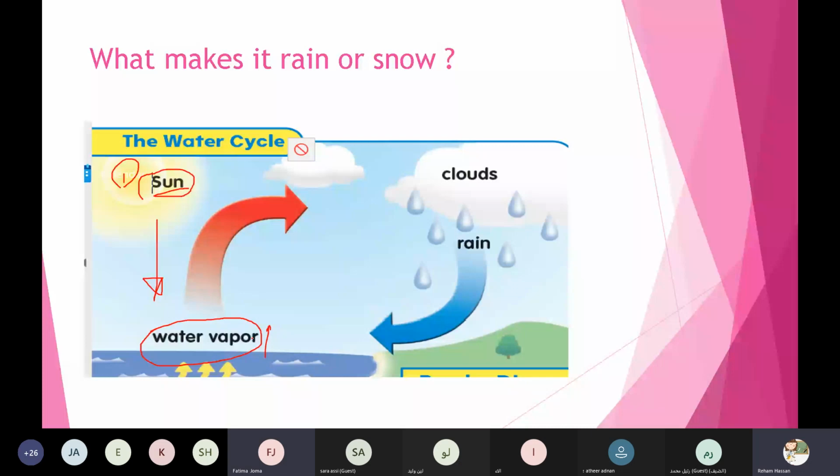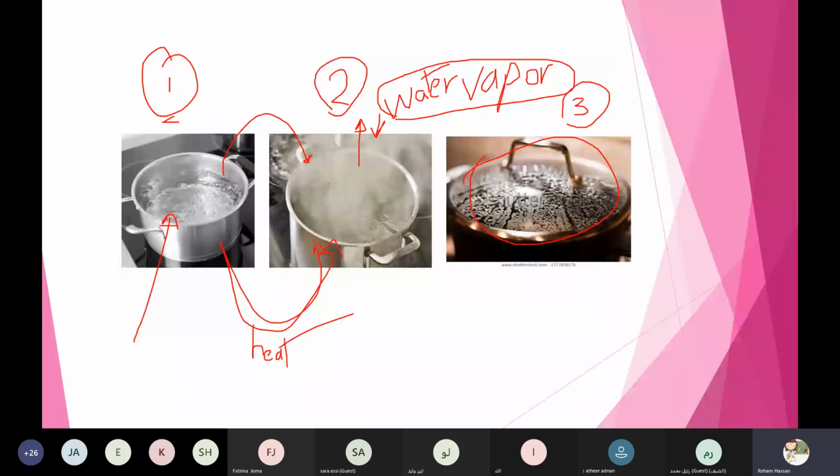vapor. Yeah, amazing. So again, listen to me, Fatima. When the sun warms the earth water, some of this water will go into the air. Like if we boil the water, some of this water will go into the air in the form of water vapor.